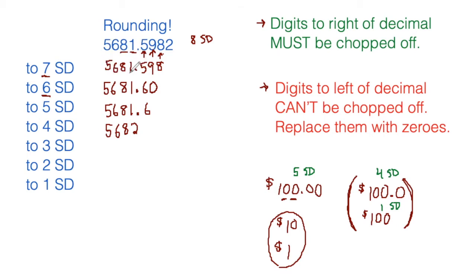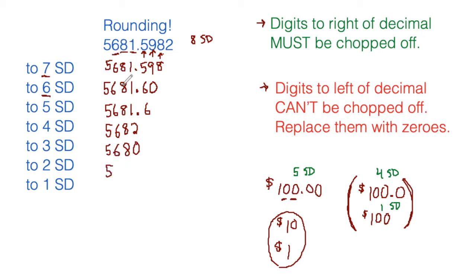For 3 significant digits, we want to round it to this place, the 8. The 1 is small, so we're going to keep the 8, but now we're starting to chop off digits that are to the left of the decimal point, and we can't just get rid of them. We have to use a placeholder 0 and no decimal point, because a decimal point would make it 4 significant digits. With 2 significant digits,